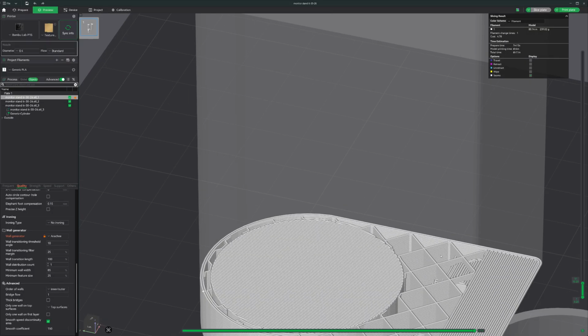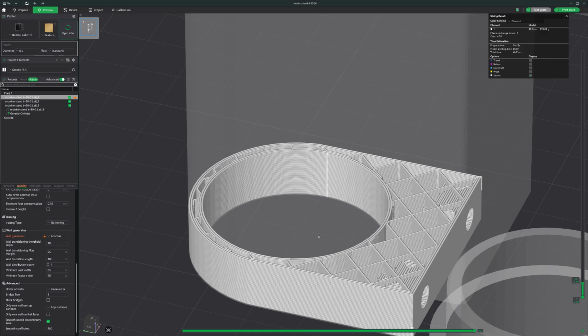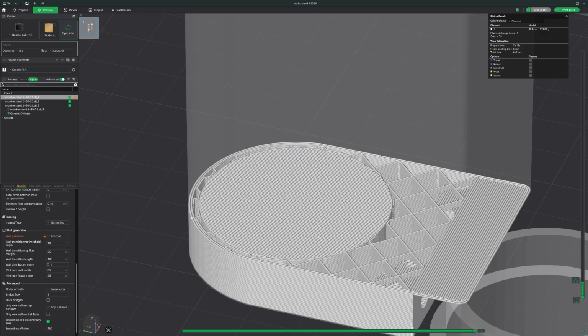So for bridging, if we notice, when I go to this level, and just the one right above, is whenever I have this infill. These lines going over an open area to the other side, that's what bridging is. You can actually print something this way. You just need to change a couple settings to get a good finish on it, and it's going to vary a little bit. Usually, in order to get a decent amount of bridging over a larger area, especially one like this, which is a pretty large area to cut across,